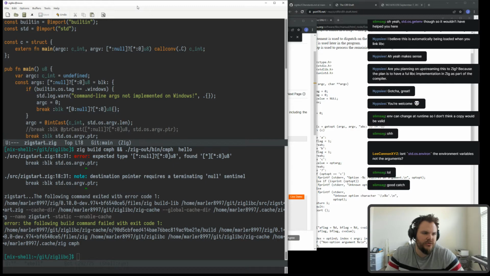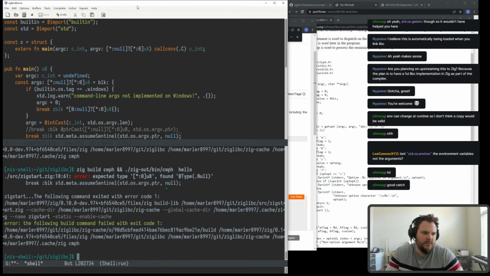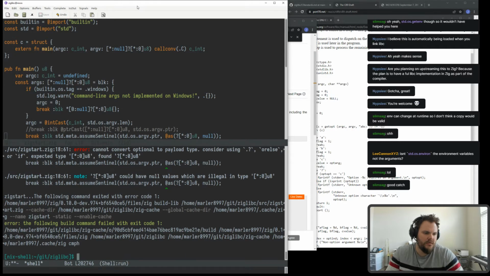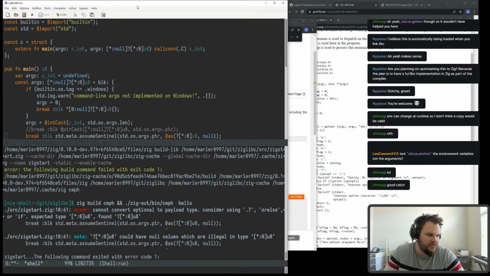Yeah, so let's see if this lets us do it. Expected type as, cannot convert optional to payload type. Consider using